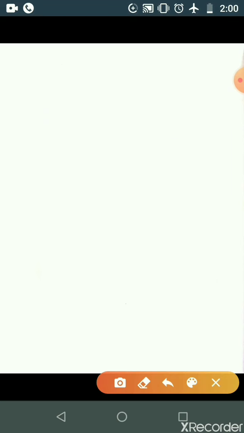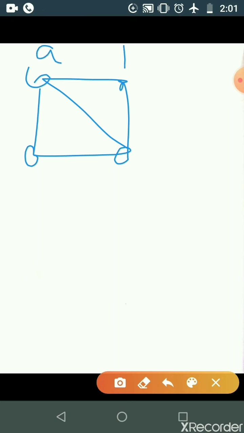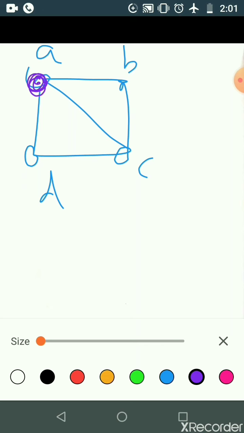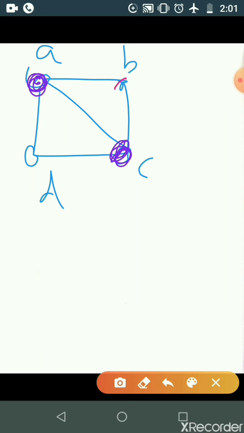And the same coloring you can use like this. You have A, B, C, D. You can color the first vertex by the first color, the third vertex, and the second vertex is colored by B, and that is the second vertex, and the fourth vertex is colored by B, the second color. Okay, so here